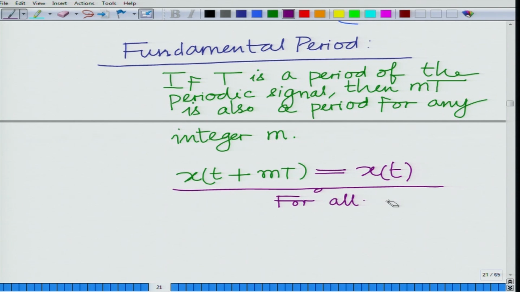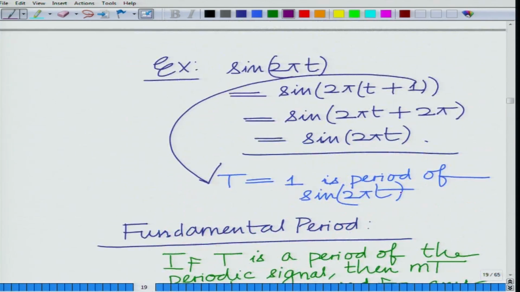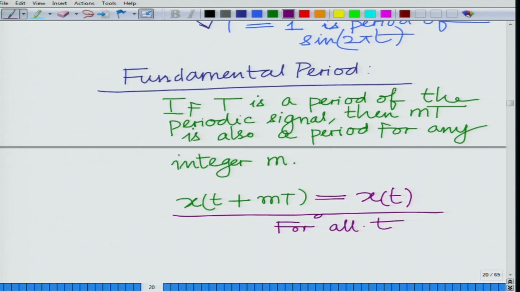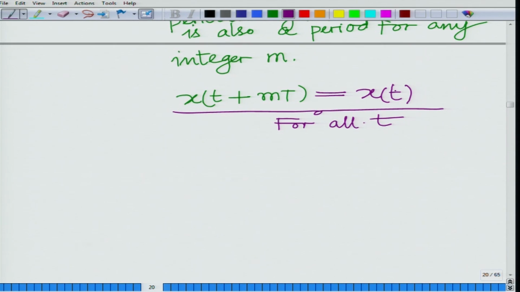Because if it is periodic with T, then it is periodic with 2T as well. For instance, if you look at the points 2T apart, they have to be identical. Okay, so now the fundamental period is the smallest positive